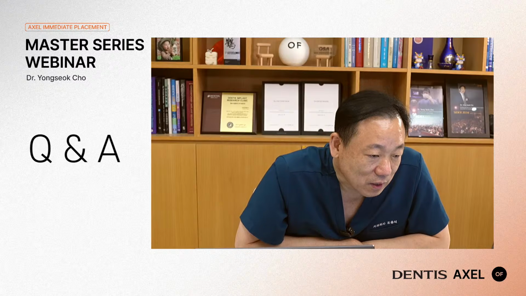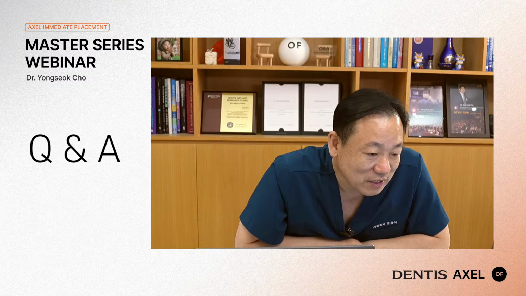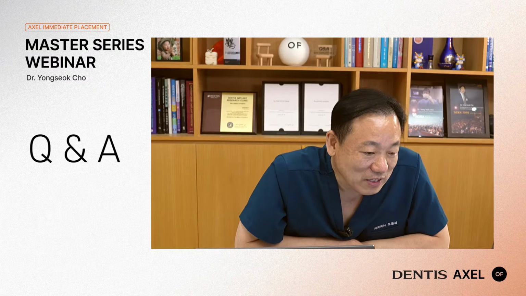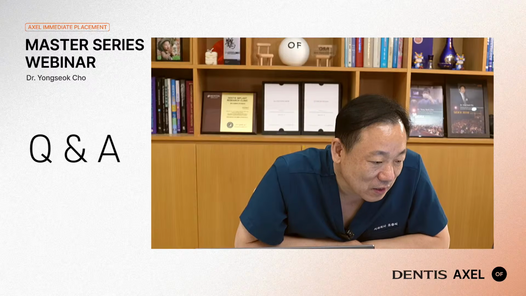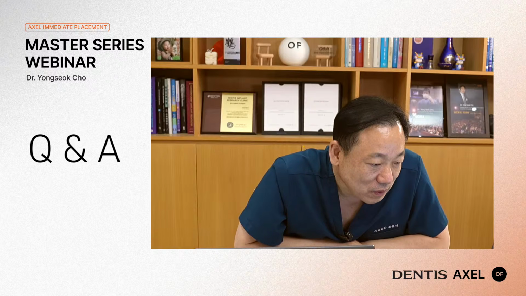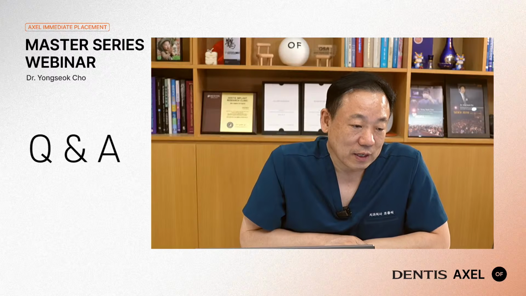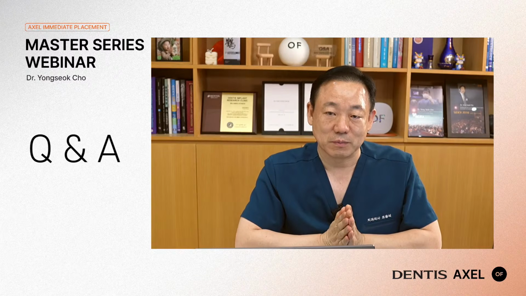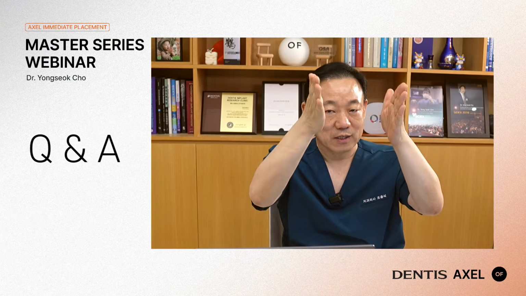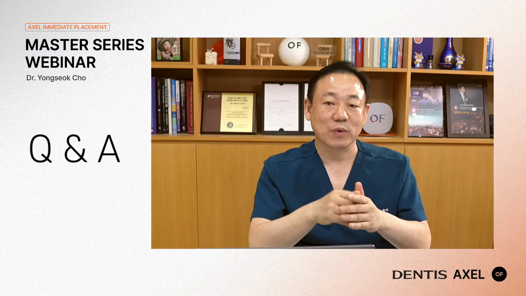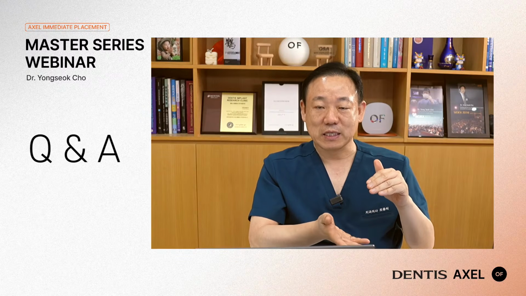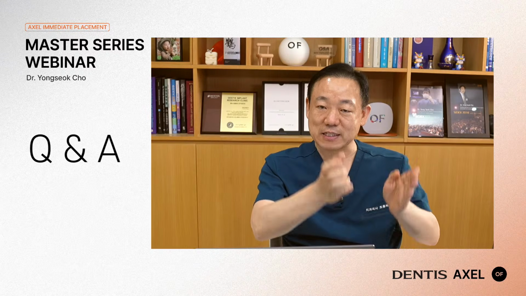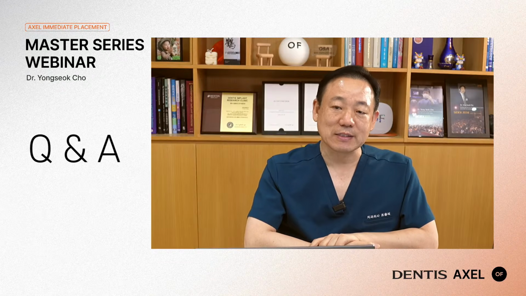Another question: should we place the implant in the socket or in the radicular bone? Yes, it's possible. In the case of a premolar site, you can place the implant utilizing the socket itself. The premolar is not round in shape. It is slender mesiodistally. So when the available bone height is not so much, we can anchor the implant inside the socket. However, at the molar site basically,